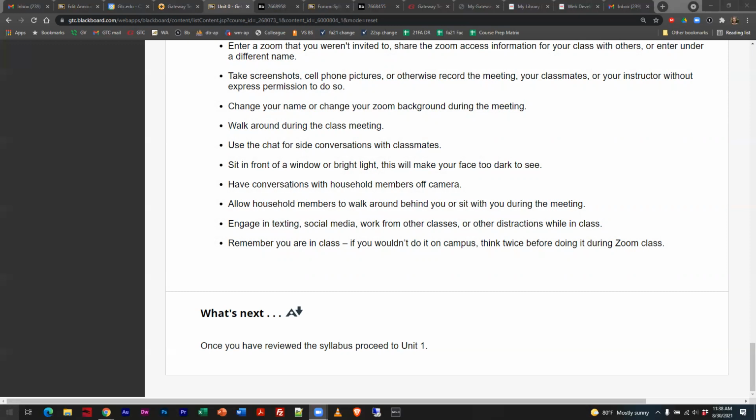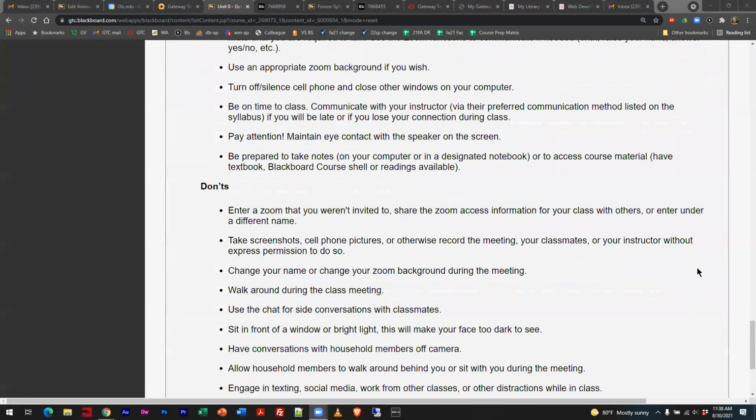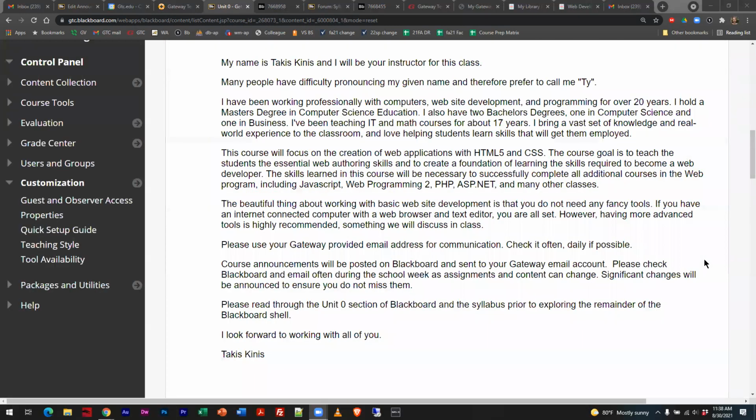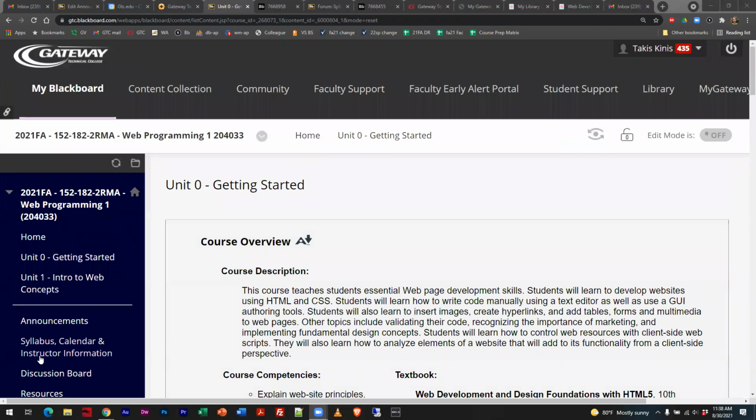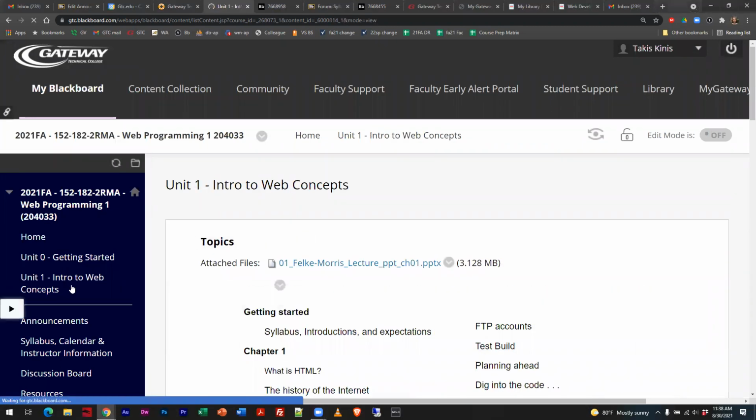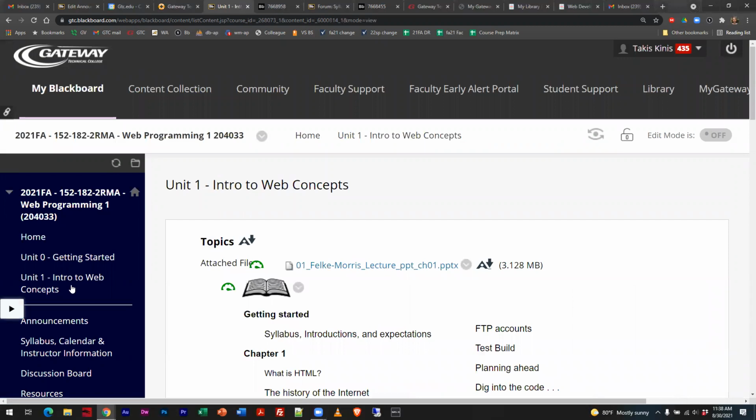All right, so this covers Unit 0. That's pretty much what's in here, the syllabus thing being the most important. What we're going to do next is go into Unit 1, but I'm looking at the clock. We've been going for a while now, and it's time for a break.